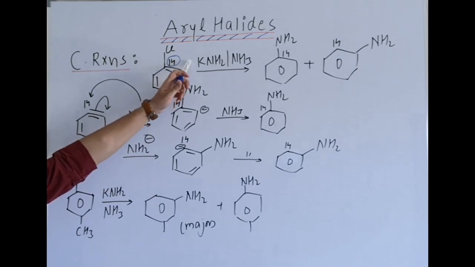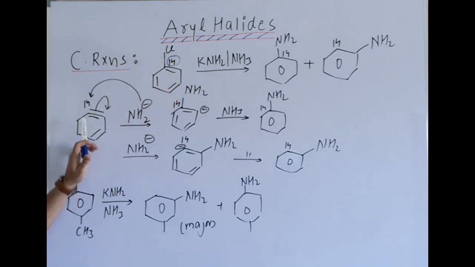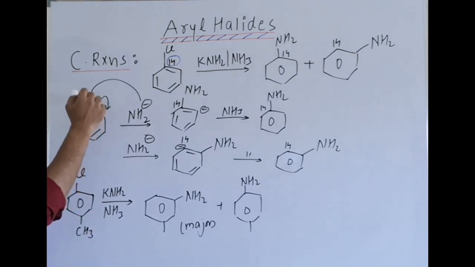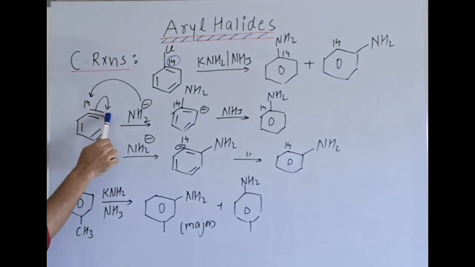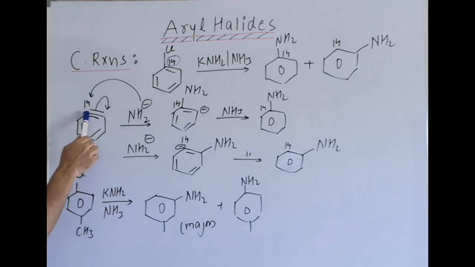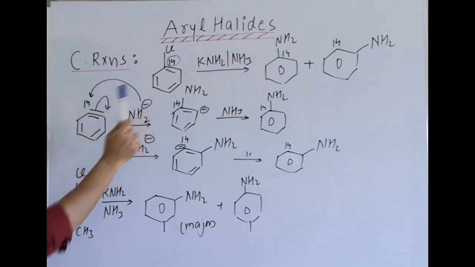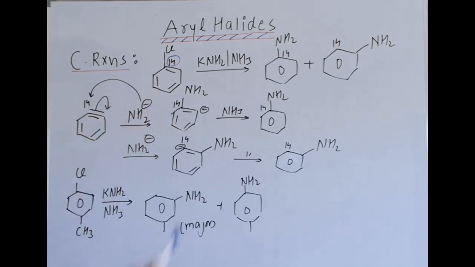When H plus leaves, a carbanion type forms and quickly it forms a benzyne intermediate. That is the intermediate formed. Now in this case there are two possibilities. One possibility I have shown by the arrow here. If the electrons shift there, minus charge comes and carbon 14 becomes deficient. Simultaneously NH2 minus attacks there, NH2 forming a bond with C14 and here forming a minus charge, and this minus will take H plus. That is one possibility.